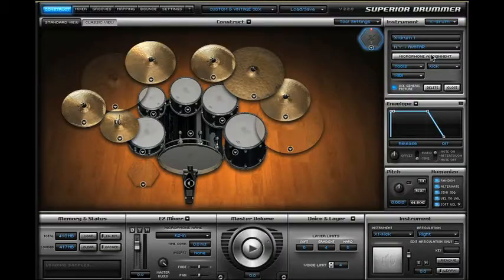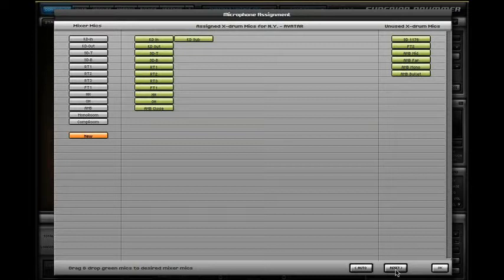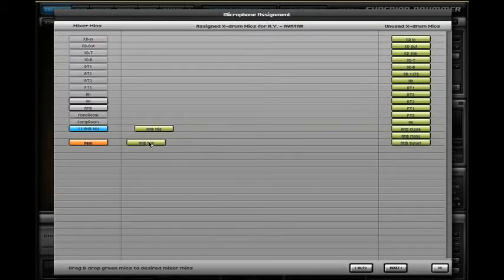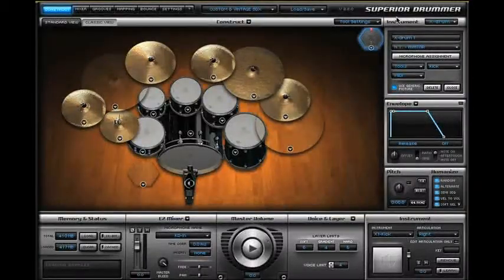Now when I click this X drum, you can hear the whole drum. I don't want the drum in itself from its close mic. I just want the ambience. So what I'll do is I go into the microphone assignment, I reset all the microphones, I drag in the microphones I want to use, and in this case I want to use the ambience mid and the ambience far. I click OK, and when I hit this pad now, there won't be any sound because those mics are not